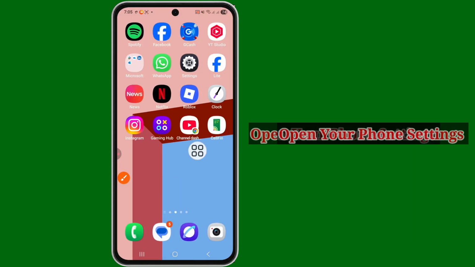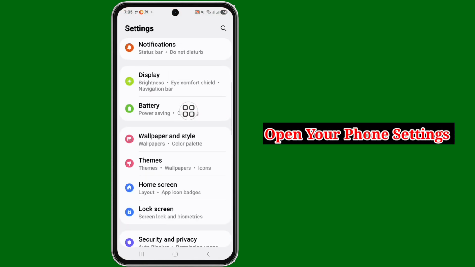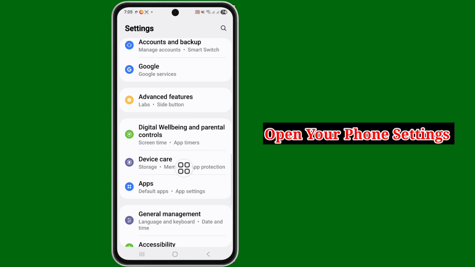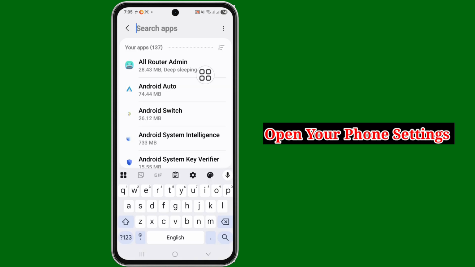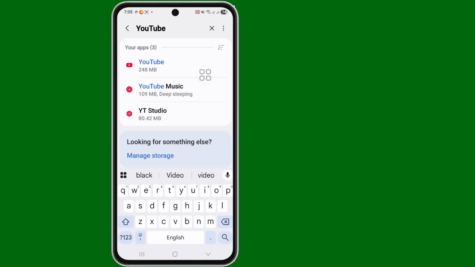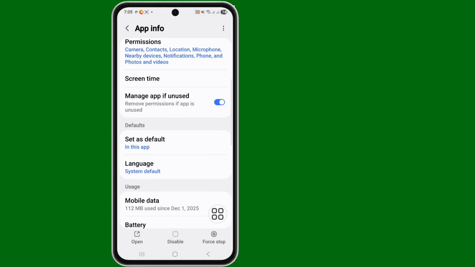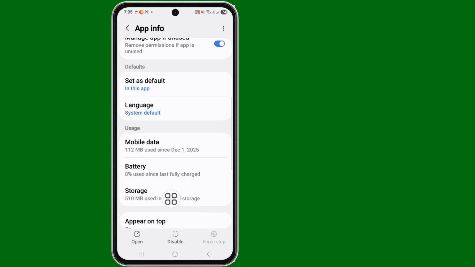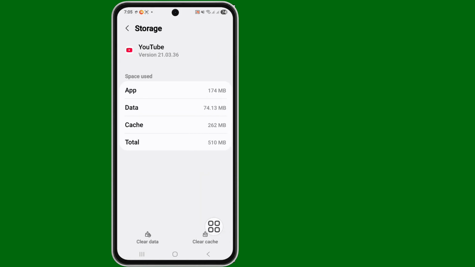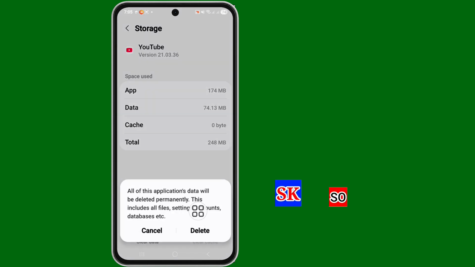First, open your phone settings and scroll down. Now tap on the apps option. Now search here YouTube and tap on the YouTube and force stop. Okay, scroll down. Now click on the storage, clear cache and clear data, delete. Okay, go back